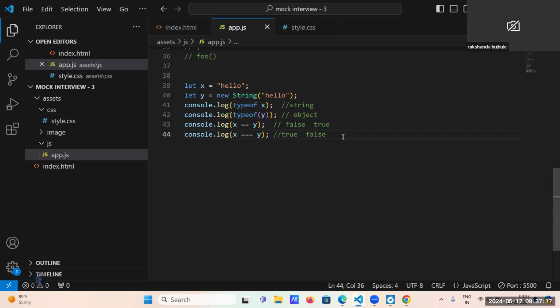A promise is a JavaScript object which gives its future value, and in promise there are four states: fulfill, reject, resolve, and settle.